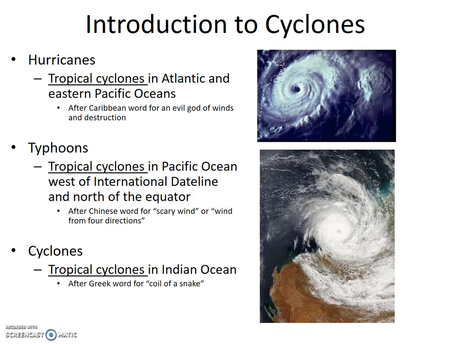Typhoons are tropical cyclones in the Pacific Ocean, west of the international dateline and north of the equator, and the word is from the Chinese word for scary wind, or wind from 4 directions. Cyclones are tropical cyclones in the Indian Ocean and the word is from the Greek word for coil of a snake. So there you go. As far as physical processes are concerned, a hurricane is the same as a typhoon or cyclone